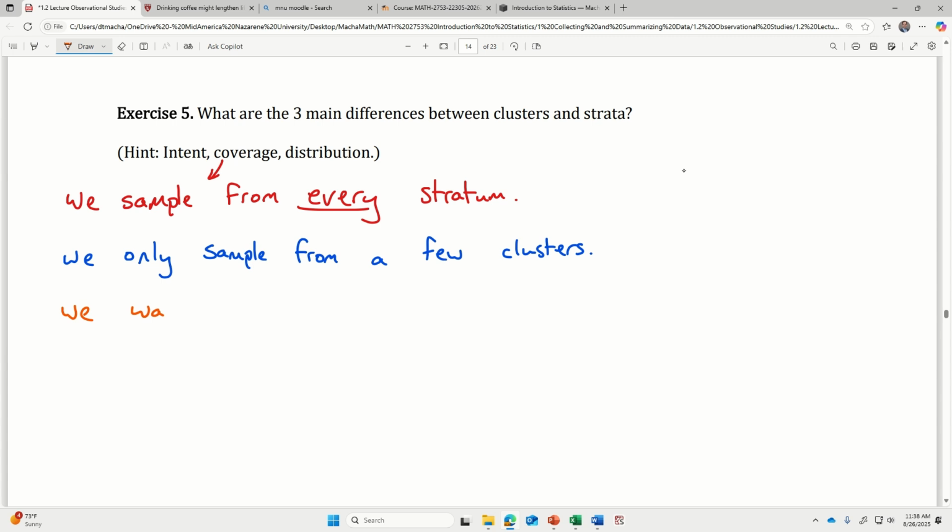We want each stratum to be unique and more homogeneous in perspective,